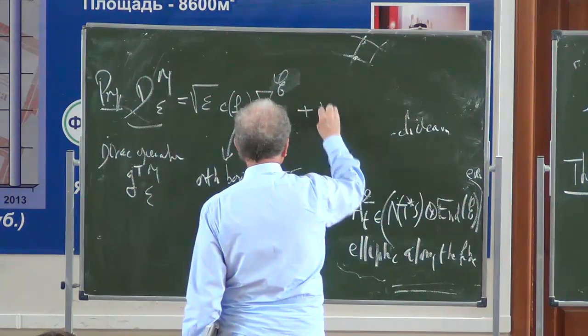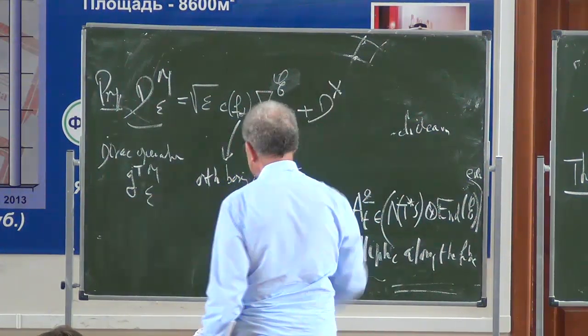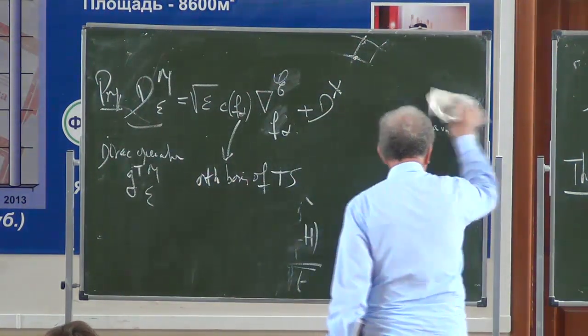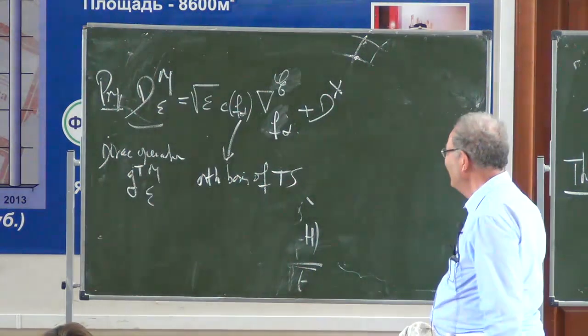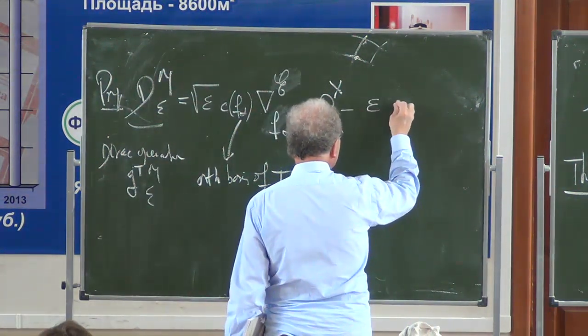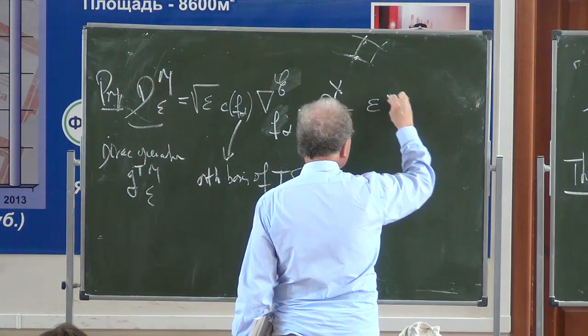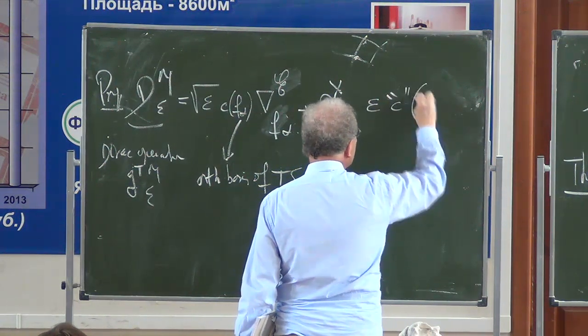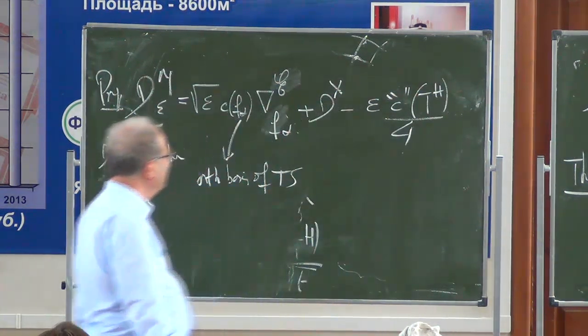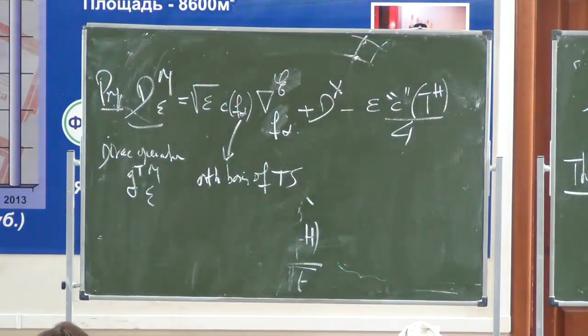Then I have the vertical Dirac operator, and then I have a third term. And this third term is given by minus epsilon c(T^H) divided by 4,